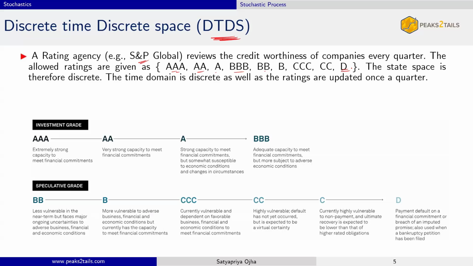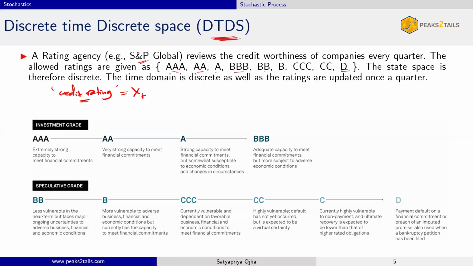Right. So the variable that we are modeling is credit rating. That's the stochastic process, credit rating. This is my XT stochastic process. Now at different times for a given company, let's say IBM, IBM would have different ratings, correct? So that's the stochastic process.